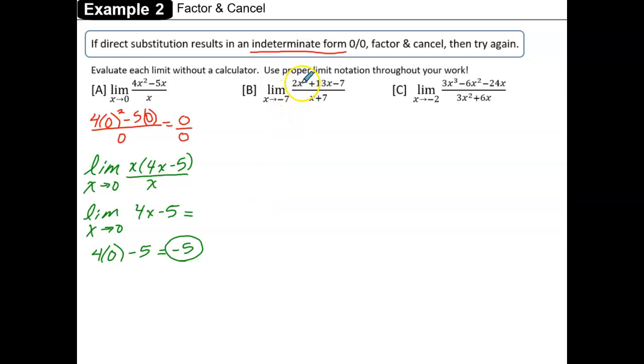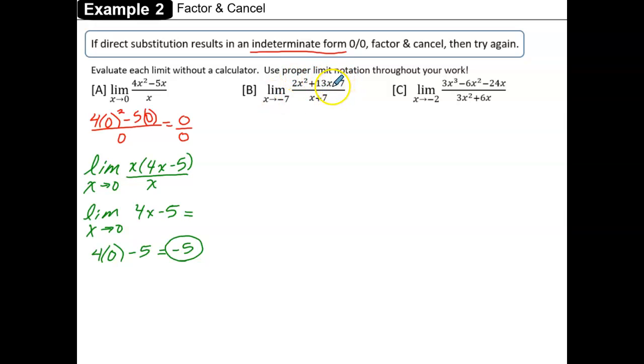Okay, in example B, we're going to look and see what would happen if we did direct substitution. So if I put negative 7, the value that my x is approaching in the limit, into the denominator for x, negative 7 plus 7 is 0. So I would be dividing by 0, and that would be an indeterminate form. So we're going to avoid that indeterminate form by